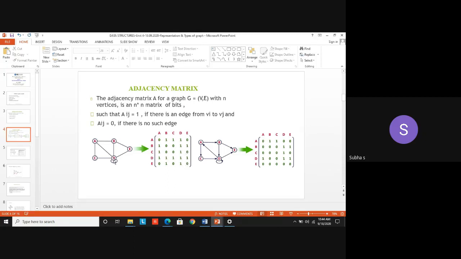From D, look at it. There is a self loop. Then D to A, there is an edge. D to B, D to C, D to D, the self loop, then D to E. So there are edges to all the vertices, including the same vertex. Put 1 for all the values corresponding to vertex D. Got it? Now for E. From E, the edges go to B and D only, so put 1 there. For the remaining values, put 0.